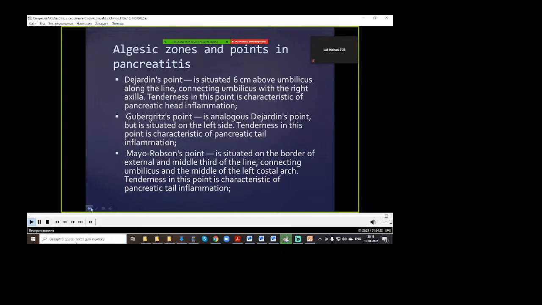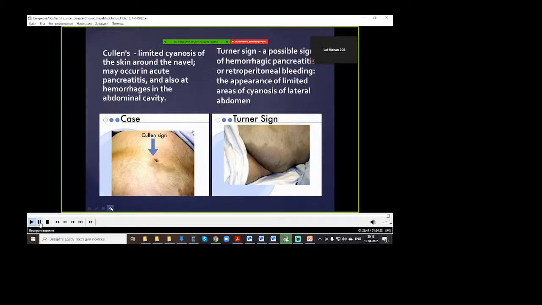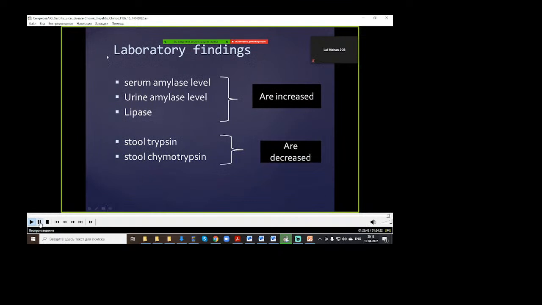So the symptoms on general inspection are presented in the lecture, which is published on the Portal, because our time is over. You may look through these symptoms in the lecture, which is downloaded on the Portal, and pay attention to laboratory findings in case of